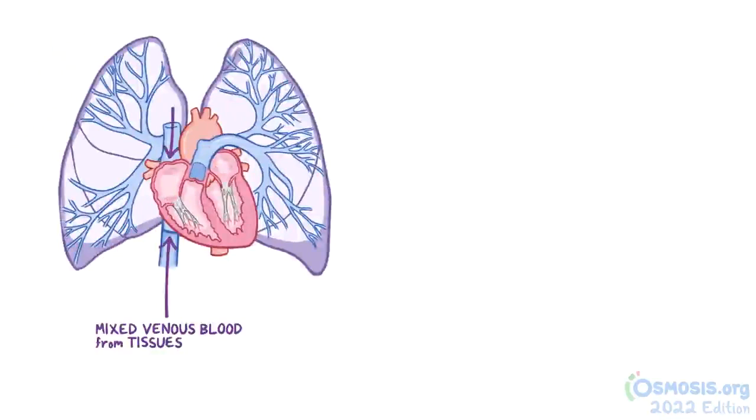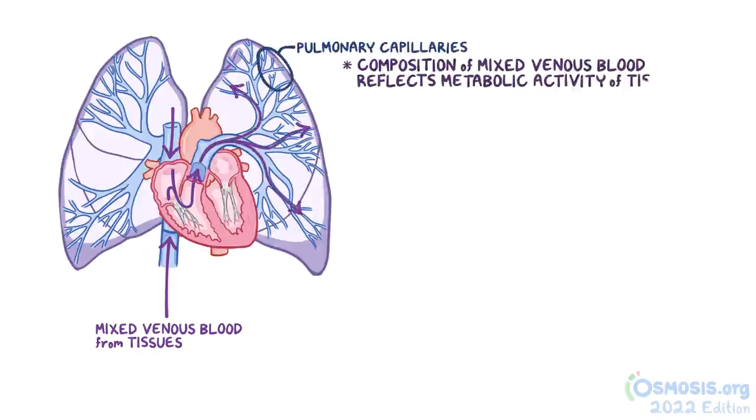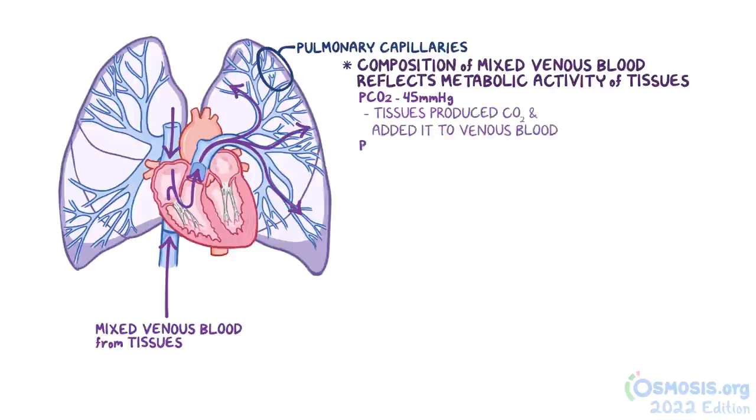It is then pumped from the right ventricle into the pulmonary artery, which delivers it to the pulmonary capillaries. The composition of this mixed venous blood at this point reflects metabolic activity of the tissues. The partial pressure of carbon dioxide in the blood is greater than the partial pressure of oxygen, at a value of 45 millimeters of mercury, because the tissues have produced carbon dioxide and added it to venous blood. The partial pressure of oxygen in the blood is at 40 millimeters of mercury, because the tissues have taken up